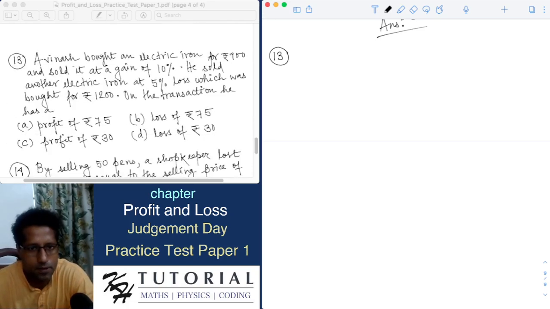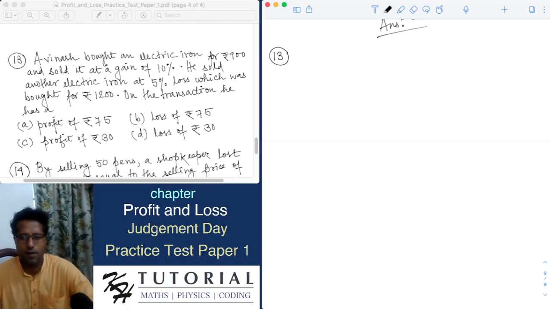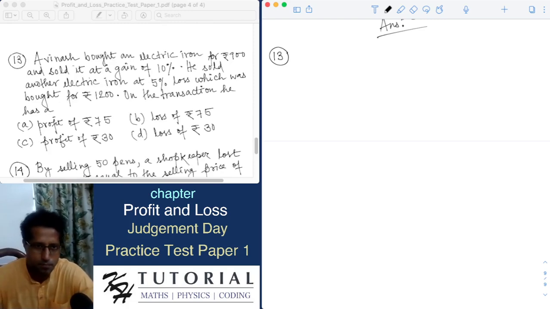Problem number 13 says, Avinash bought an electric iron for rupees 900 and sold it at a gain of 10%. He sold another electric iron at 5% loss, which was bought for rupees 1200. On the transaction, he has a profit of 75, loss of this. Okay. So Avinash bought an electric iron for rupees 900 and sold it at a gain of,